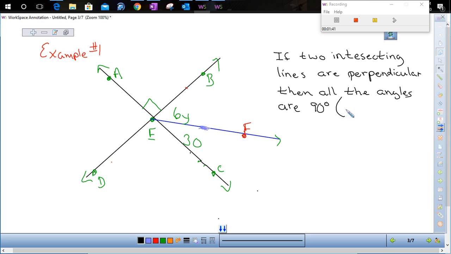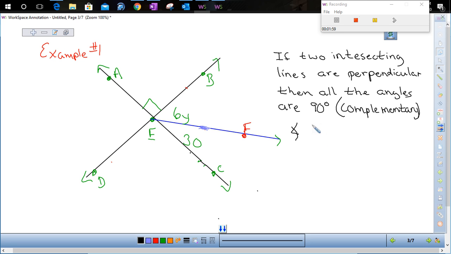And remember, we know that 90 degrees means complementary. Okay? So when we take a look at your drawing that we have here,